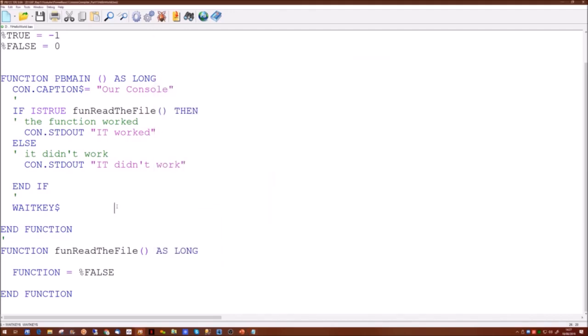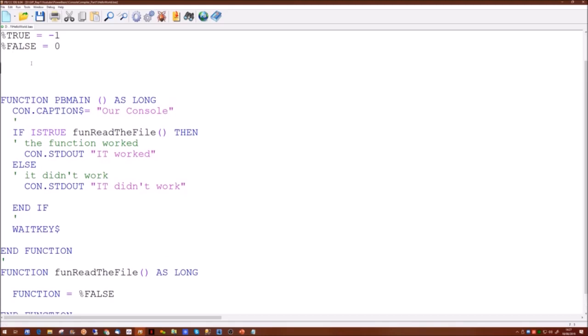So, we want to test it, first of all, if it exists. So we want to pass to read the file possibly the name of the file we want to read. So what we can do to save typing it many times is we create another constant called myfile.text. Let's call my file equals myfile.text, and then we'll pass it in here as a string.